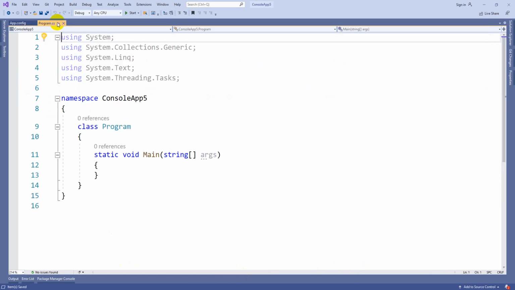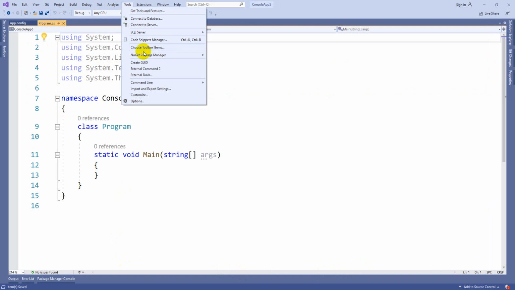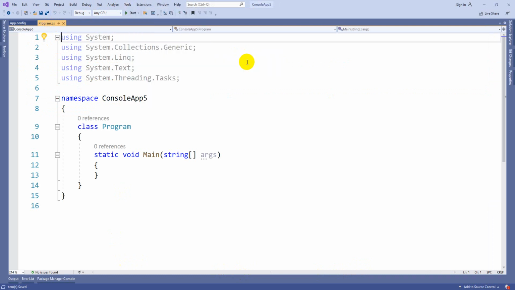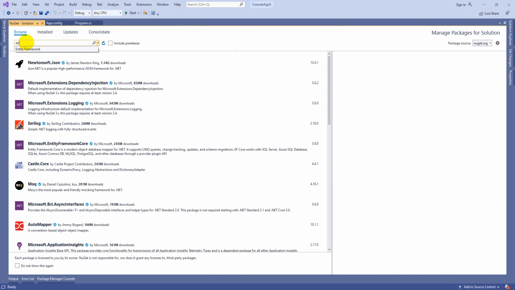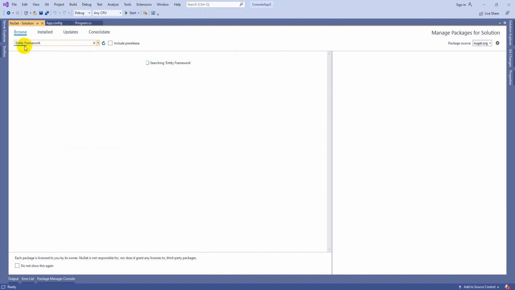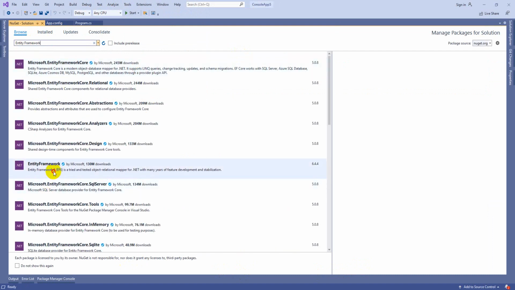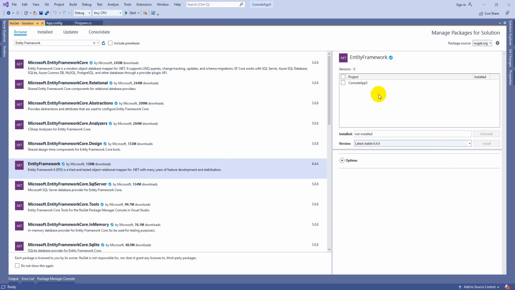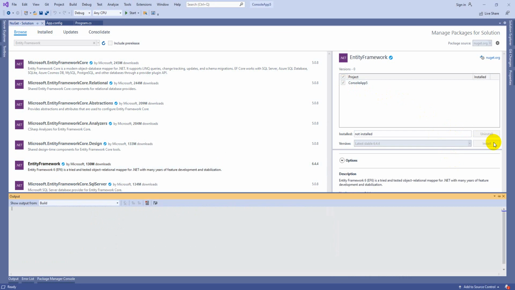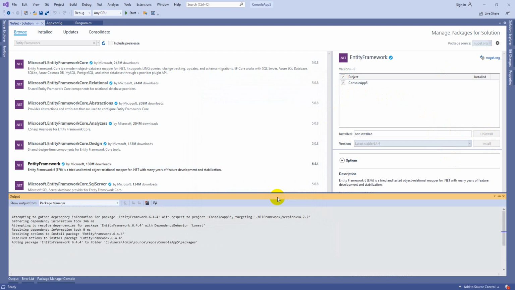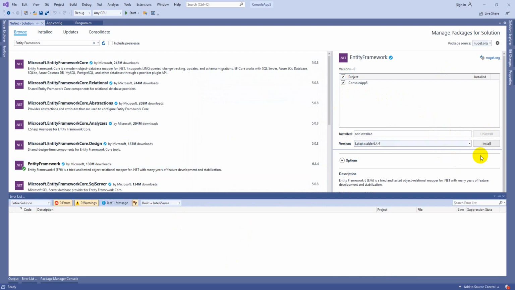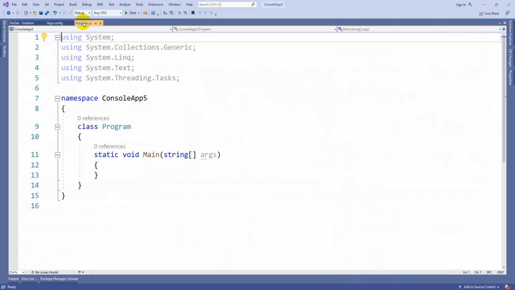After that you have to go to Tools, go to NuGet Package Manager and select Manage NuGet Packages for Solution. After selecting this, in the browser you can search for the regular Entity Framework. Select this Entity Framework, select your project and click on install. It will ask for confirmation, click OK, then accept the license. Then this particular DLL is added into the current project. That's it, it was installed now.